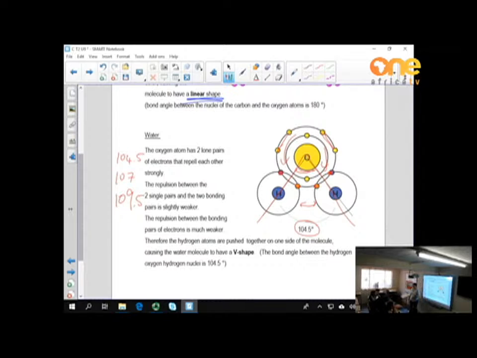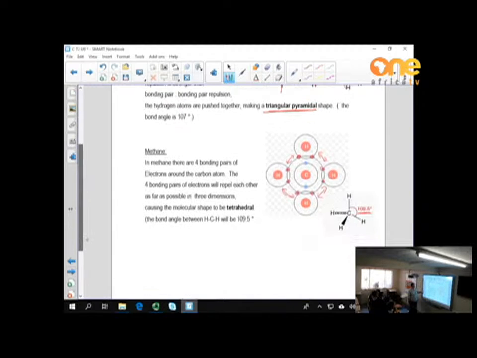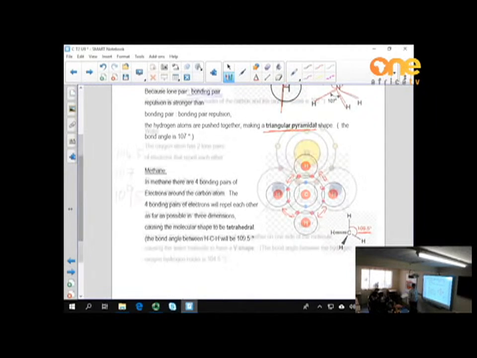Methane only has bonding pairs, which repel each other equally weakly in all directions, while in the ammonia molecule there is one lone pair that repels the bonding pairs fairly strongly away. All right. So you need to try and remember the size of the bond angle. Okay,